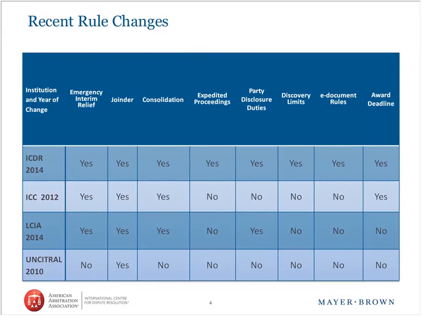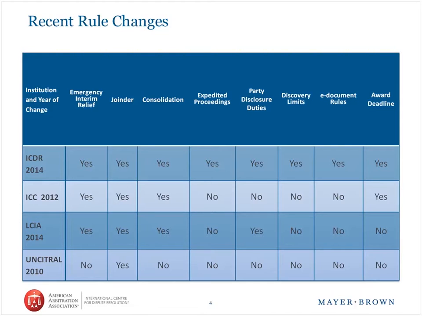For the ICDR, it took about 8 years from the last major rule change. There were some others along the way. So I think it takes a little bit of time for the rule changes to occur, and there's other trends and otherwise to keep an eye on. One other point here that's not noted is arbitrator availability, for example, and all the major institutions have added rule mechanisms that really say arbitrators have to be available to serve. They say them slightly differently, and all these rules also have slight variations that you might want to pay attention to. You'll notice down at the bottom of the page here that interim, which was revised in